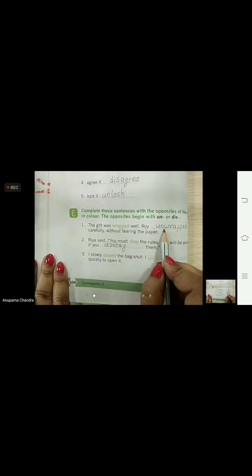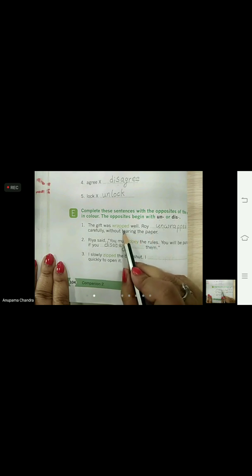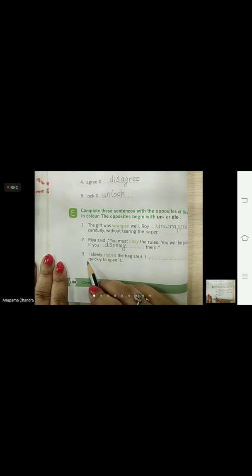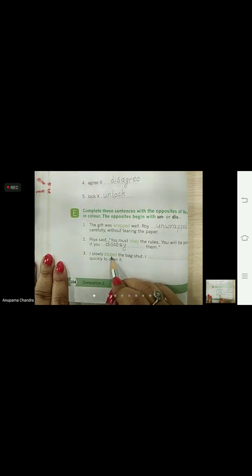In the first one we have used UN, that is wrapped, unwrapped. Here we are using DIS to make the antonym for the word obey, disobey. Third one: I slowly zipped the bag shut. I blank quickly to open it. We have to write the opposite or antonym for the word zipped.